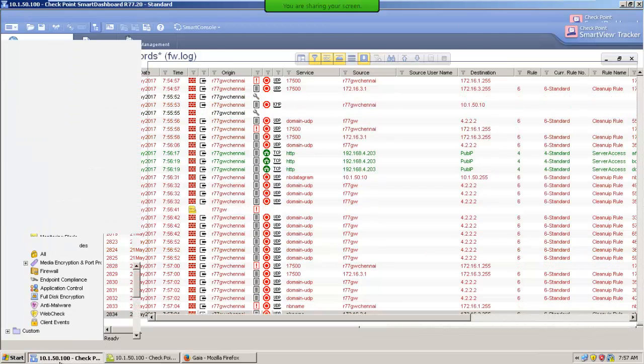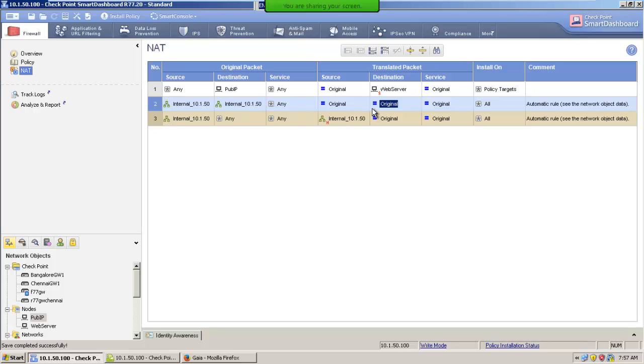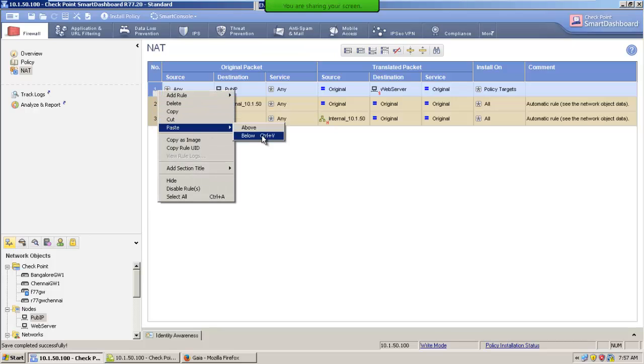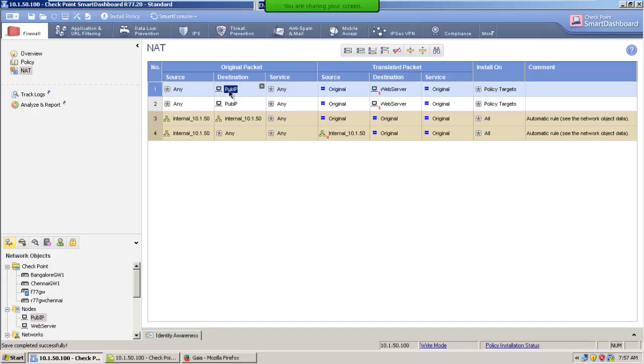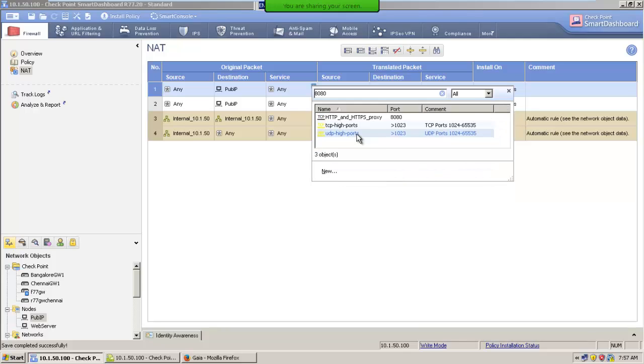Okay, so it is also possible, say for example, I would like to do the port redirection. So everybody knows that the web server is going to be running on port 80. So what I would like to do is, instead of to the specific IP address like any of the services, I can copy this rule and paste this rule above. So the same condition is going to be the same. Now I'm going to be saying what? I could go and say the service is going to be like,